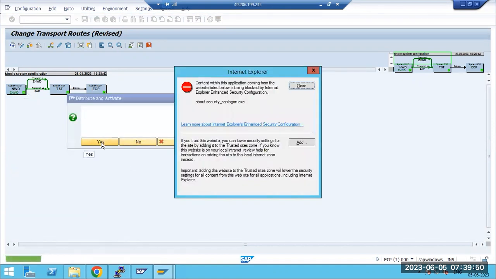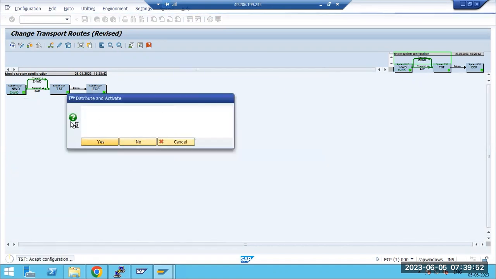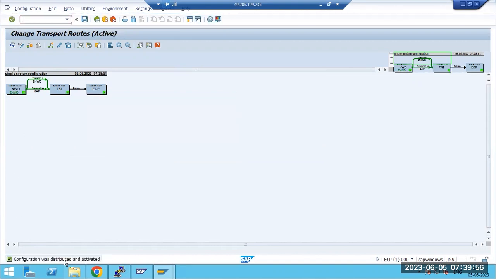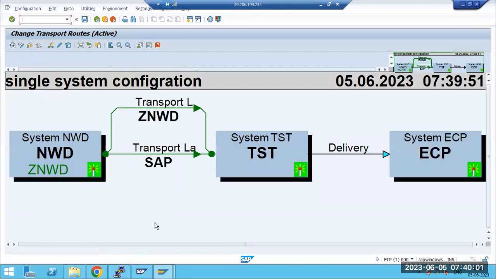Save it here, like that, and distribute and activate. So the TMS configuration transport routes are also created. Activating the routes also created. Okay, these are the routes you can see here. So NWD, when you go to your development system,